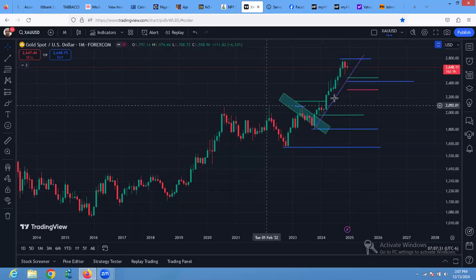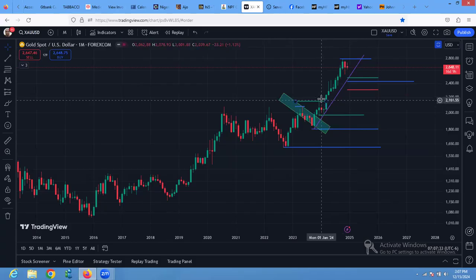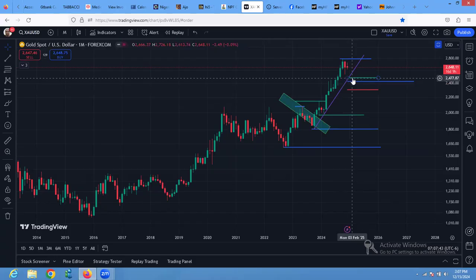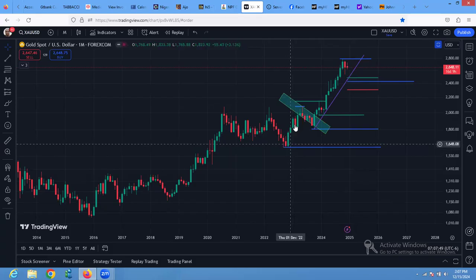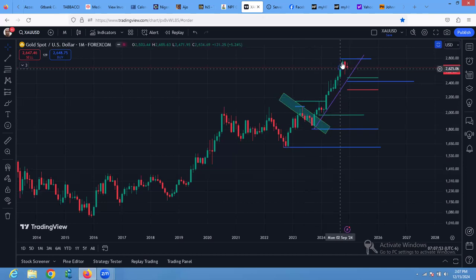Now, coming up with a drawing here to look at the internal structure of this third wave as a possible 1, 2. Even if this is the 4th wave of this 3rd wave, we have not gotten to this point, so it's still very shallow. And if you are taking it to be the 4th wave of the blue, which is 1, 2, and this one is completed, and we're coming to this 3rd wave,